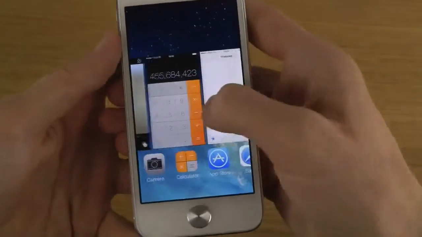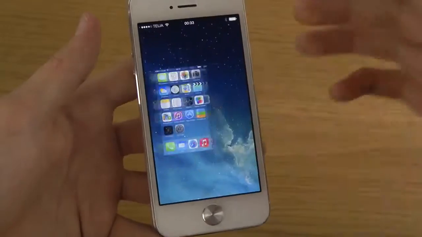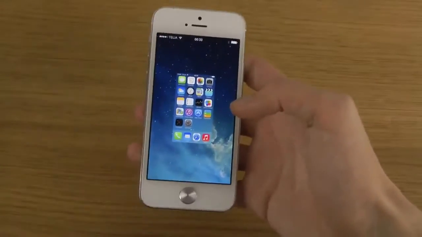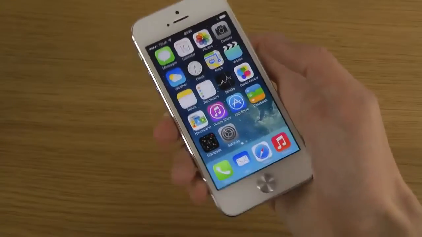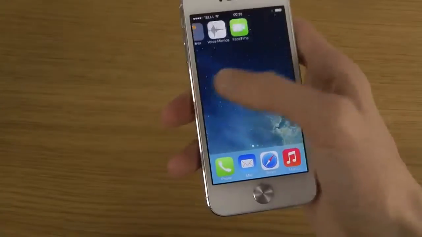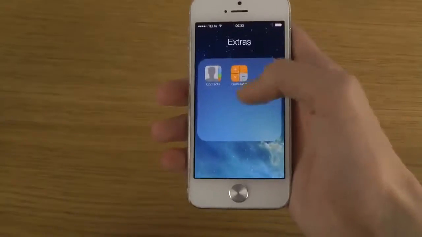You can also do multiple swipes, I think, like that. I still believe that they should have a button or one way to close all the things that are happening there in the background, because that would just be totally awesome. You can see here how